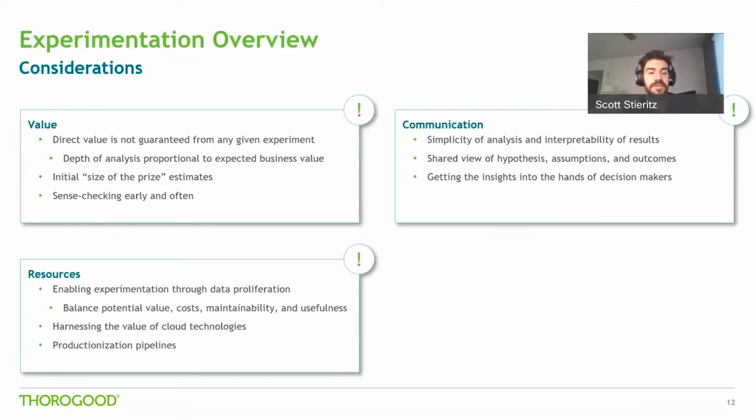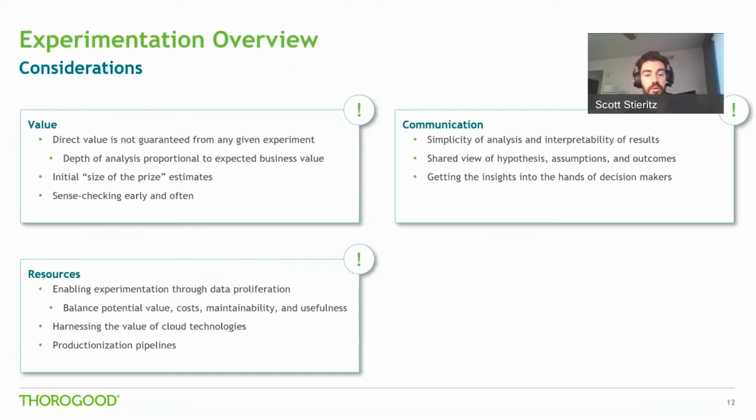There also might be some considerations in terms of how we enable experimentation within our organization. So one could be some hard, tangible resources. So like data that's available within our organization. We want to balance collecting all data because we don't know today what data might be helpful in the future to run these experiments, but we want to balance that with the value and costs and usability and usefulness of that data. So making sure that we are collecting data to enable this experimentation, but doing it in a way that's organized, doing it in a way that's managed with costs that are appropriately managed, those sorts of things.